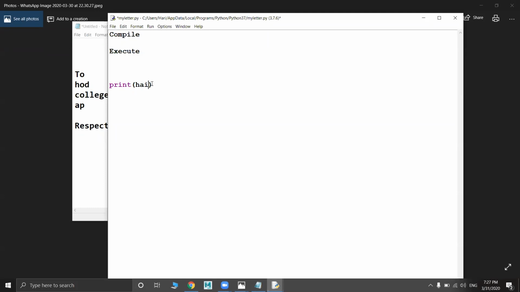Okay, sir, we heard that Python is a programming language. Okay, just see. Some people call Python a programming language, JavaScript a programming language, like this. Whereas C, C++, Java are completely programming languages. The thing you need to remember is, every scripting language is also called a programming language.